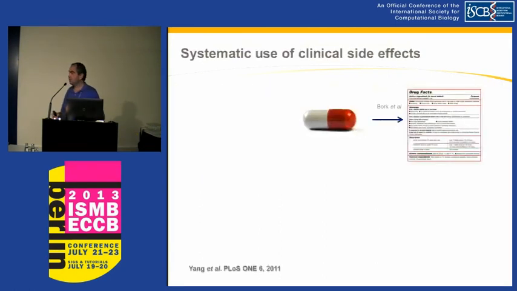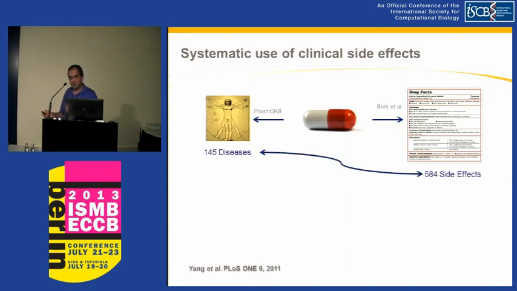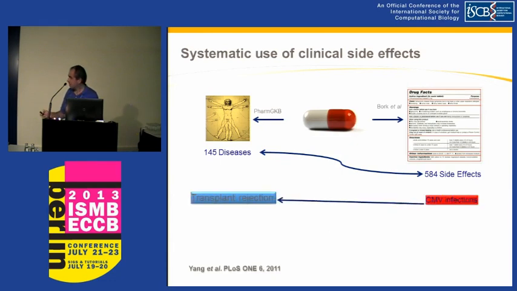So what we've done, we took the database from Pierre Bork, which is called CIDER. On the other side, we use Pharma GKB. Basically, we mapped side effects, disease, and compounds, and we mapped the disease between the Pharma GKB and the CIDER database. So we had that mapping, and what you found is you have some